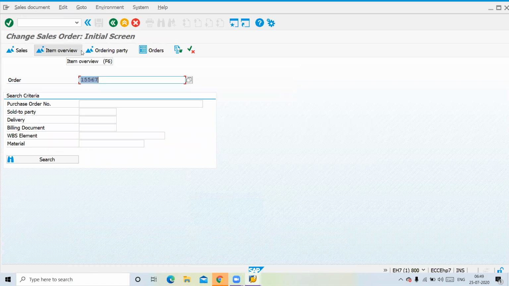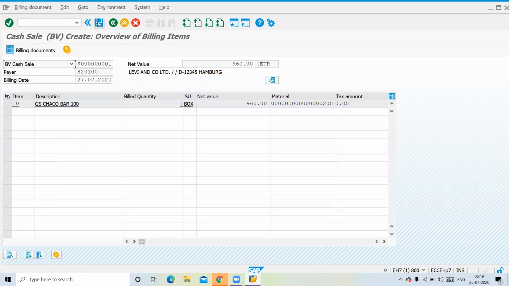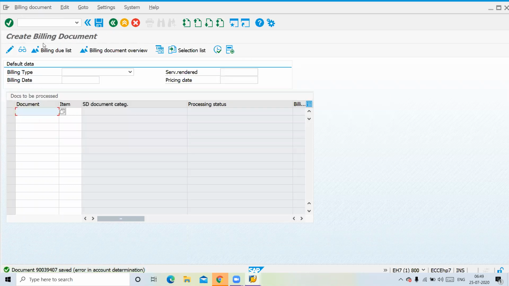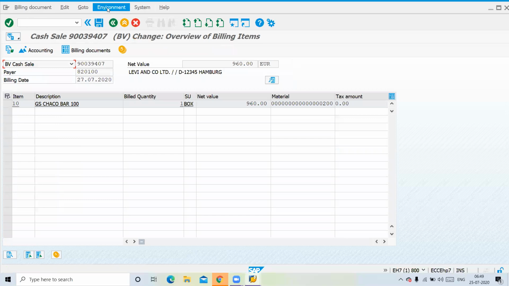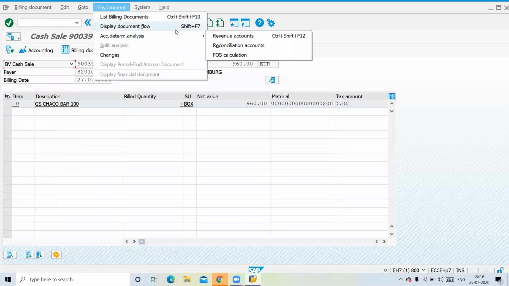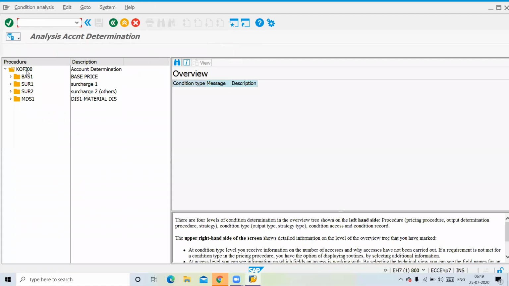Now let's try to check our cash sale bill postings. So let's save this. So some error document is there. Let's try to check what is that. Let's click this. Probably we haven't assigned our own defined procedure. This is standard procedure. So what we can do, let's go to